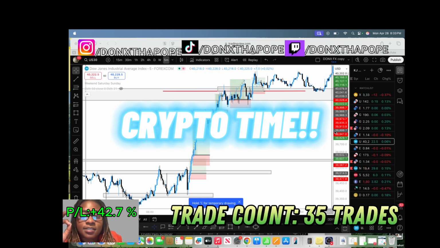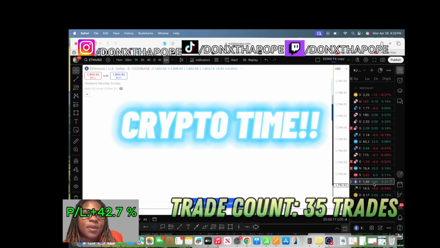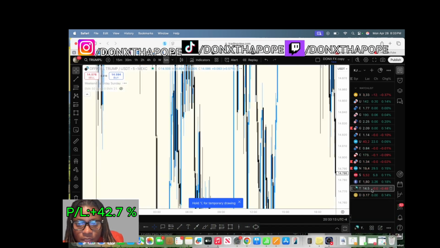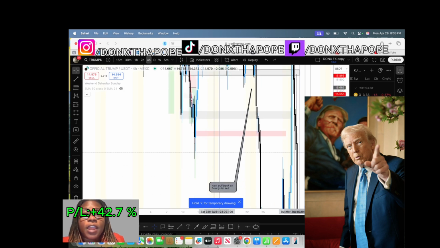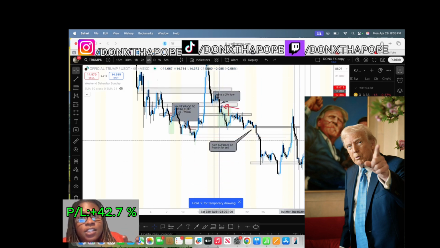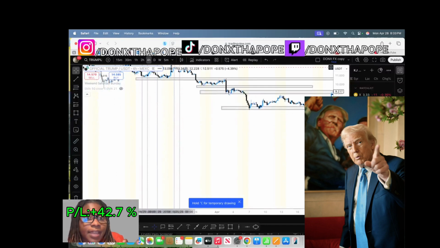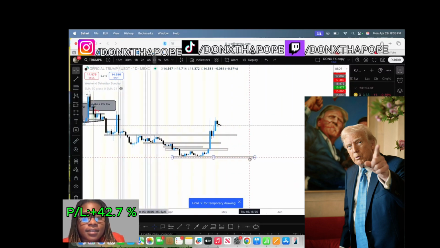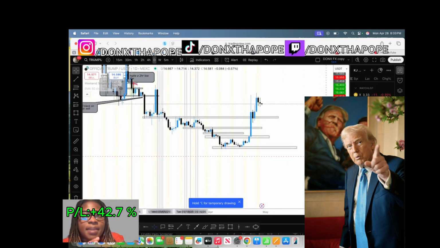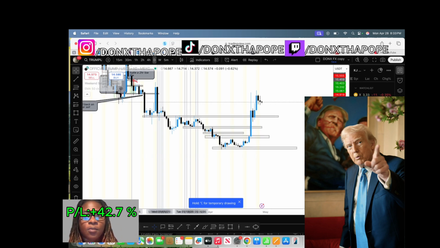Now let's get into some crypto. I did say XRP last week, but I know y'all know I meant Ether. But I want to show y'all the Trump coin specifically. Now, I've been raving about buy the Trump coin, buy the Trump coin, because it's going to do some amazing things. This Trump coin, it's literally Trump. You guys know it's literally going to skyrocket high and then just fall off some type of way, whatever.